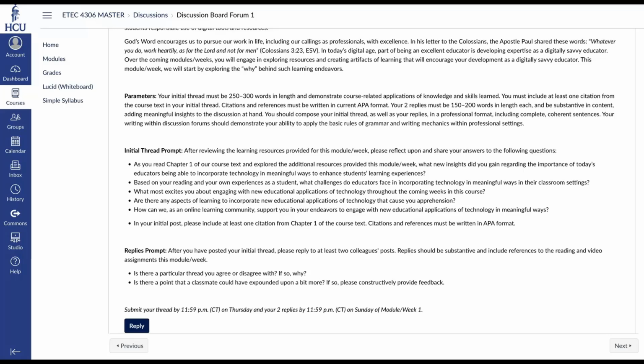within educational settings. The second question is, based on your reading and your own experiences as a student, what challenges do educators face in incorporating technology in meaningful ways in their classroom settings? The third question is, what most excites you about engaging with new educational applications of technology throughout the coming weeks in this course? The fourth question is, are there any aspects of learning to incorporate new educational applications of technology